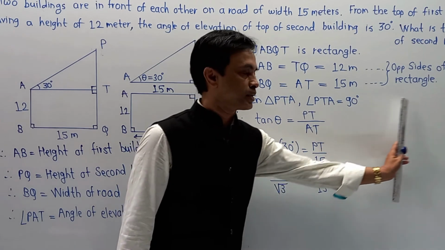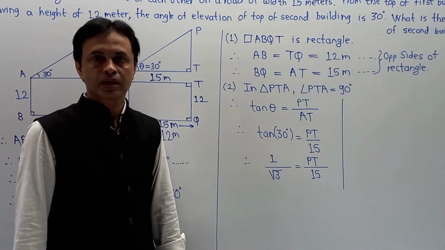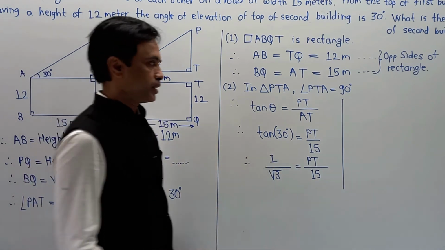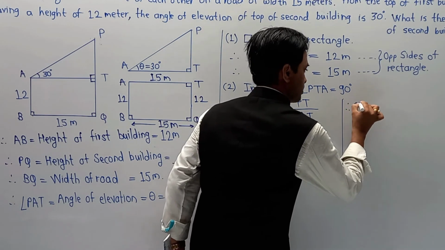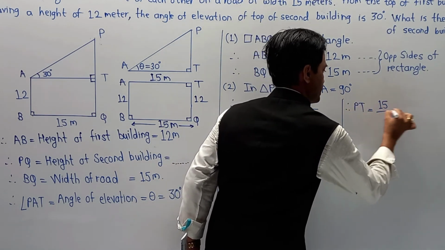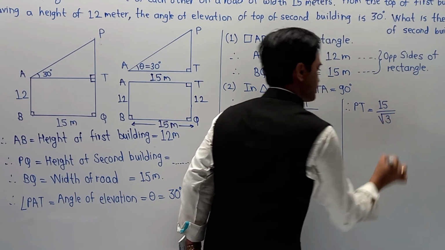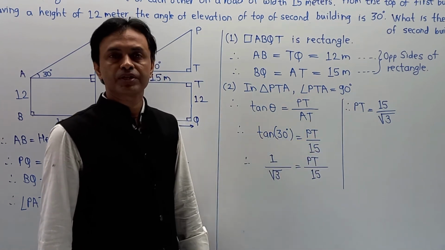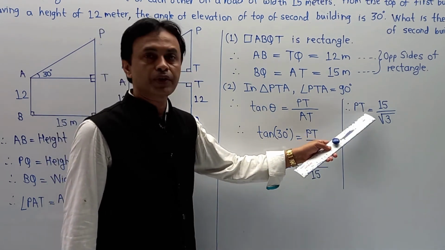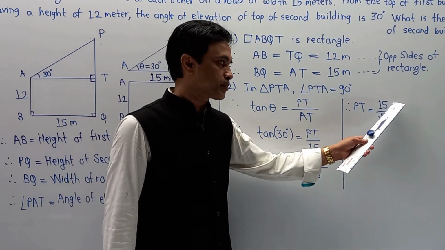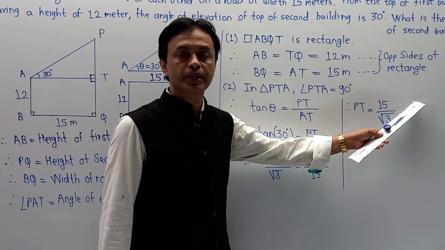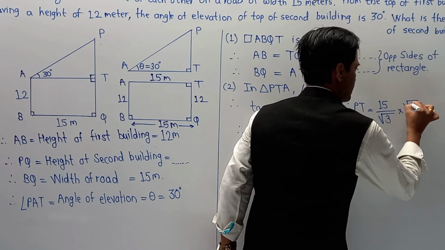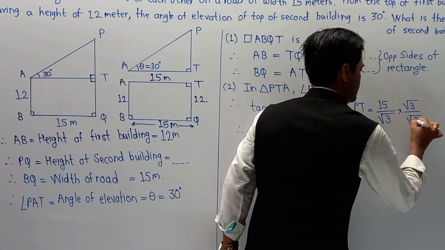And I am going to solve the next part in this space only. So the next calculation, 15 is shifted over here, then PT becomes 15 upon root 3. So the evaluation becomes PT is equal to 15 upon root 3. As we are able to get the step 15 upon root 3, I am going to start simplification here itself. Now I have to find out the value of PT. For simplification, this value of 15 upon root 3, I am going to multiply numerator by root 3 and denominator by root 3.